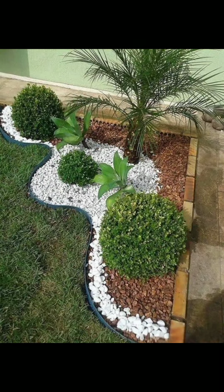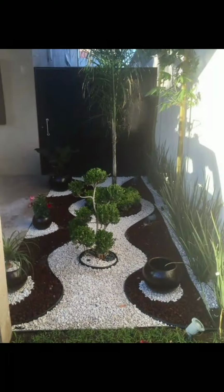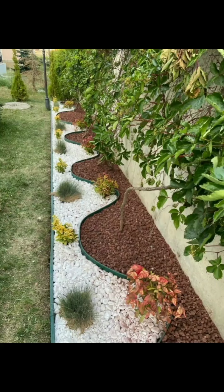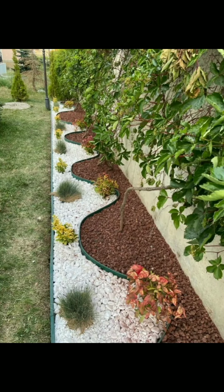And then design, plan. Sketch your garden layout taking into account pathways, seating areas, and focal points. And then choose a style. Decide on a garden style that reflects your preferences, such as formal, informal,